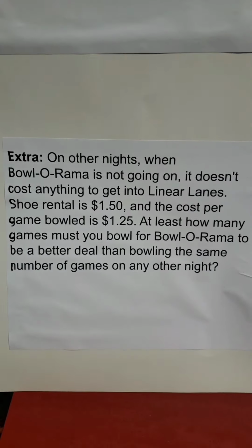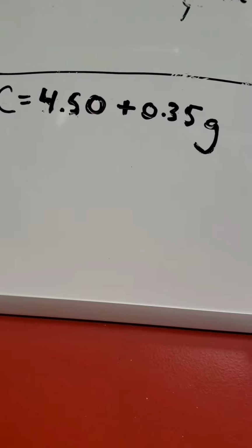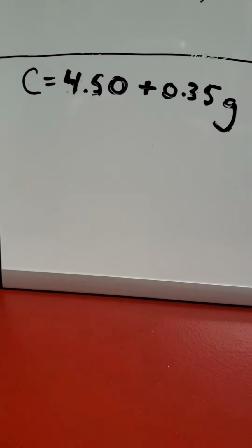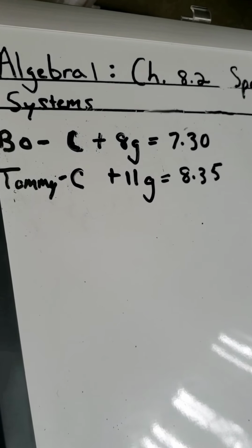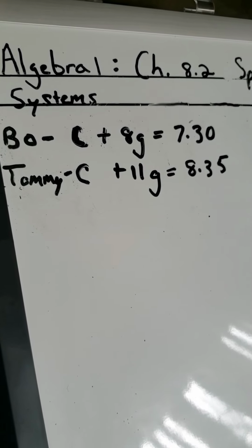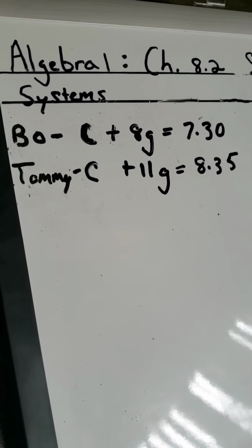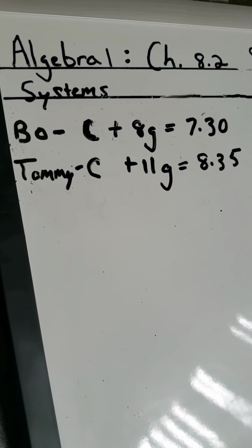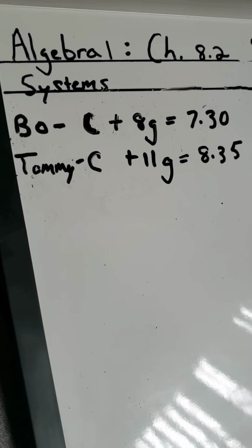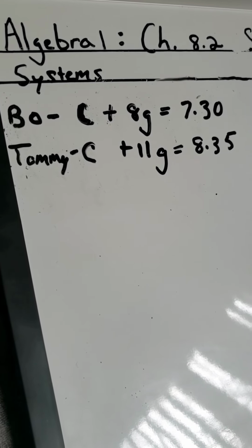Take a few moments. This is your possible first equation. C equals $4.50 plus 35 cents per game. So you may be wondering, how did we get that answer for number 1? Well, that's because we know that Bo had a cover charge plus 8 games for a total of $7.30, and Tommy had a cover charge plus 11 games equaling